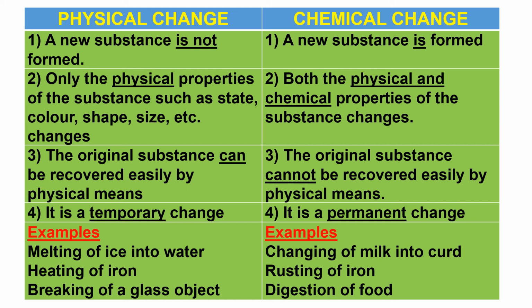Let me talk about chemical change. Now, why do I want to stress on a chemical change? A chemical change can involve a single chemical reaction, or it can involve many chemical reactions, or what you call a series of chemical reactions. Like you saw in digestion of food, your carbohydrates got broken down into glucose or simple sugars, fats got broken into fatty acids, and proteins got broken into amino acids. So you see here, there are so many reactions happening in your stomach during digestion of food.